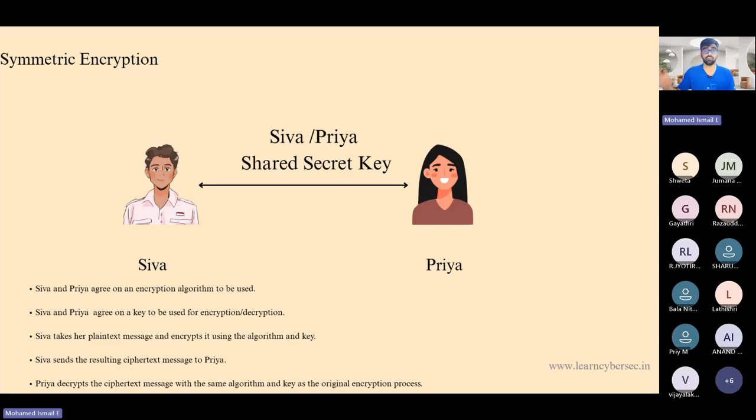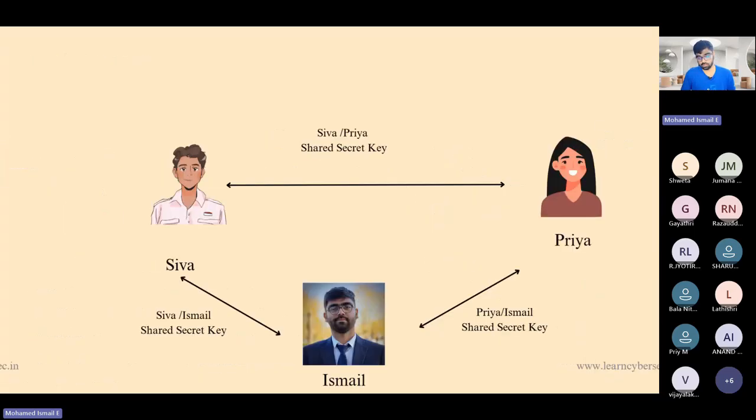First the data will flow, then Siva and Priya share the key with each other, and then they can use the same key to unlock the data. If you look at this example closely, it's one-on-one between Siva and Priya, so it's not a big problem. Only one key is needed. Siva will use the same key to encrypt and Priya will use the same key to decrypt. Simple. But this becomes a challenge when